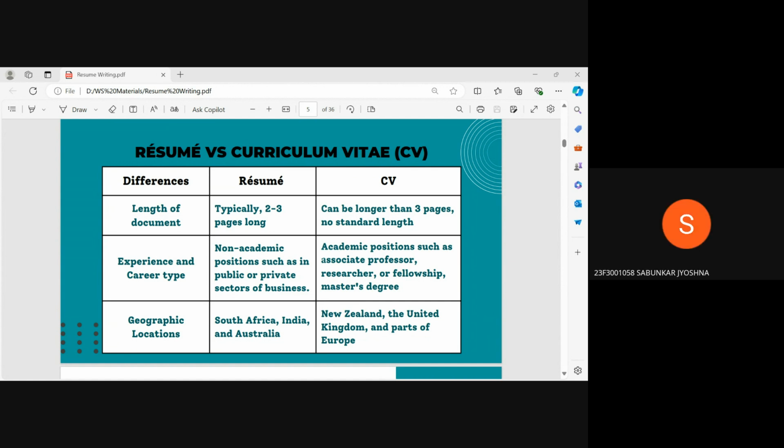Had the applicant put someone in your current company as a reference?